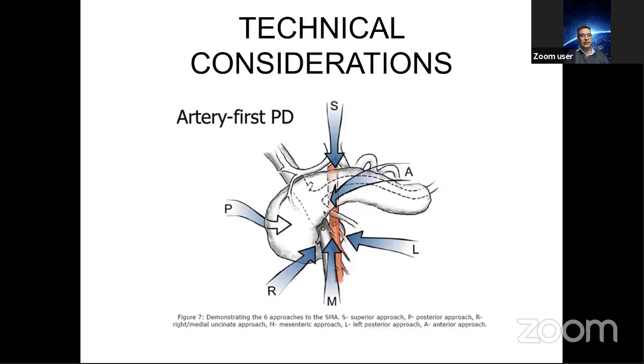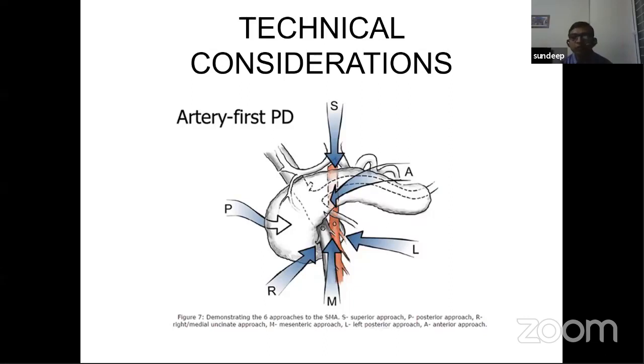So do you think that matters, or if you go by the standard approach or the standard technique, it doesn't make that much of a difference in your practice? Actually, in my opinion, whether you go for an artery first approach or a normal approach, the clamp time doesn't make any difference, because ultimately the point where you apply the clamp is only when your uncinate process is separate from the vessels, whether you are doing it artery first or without that.